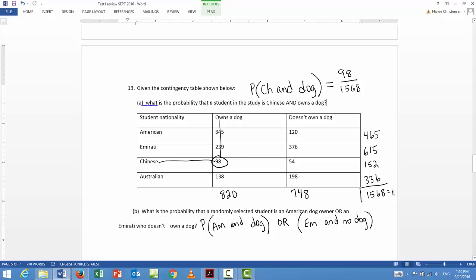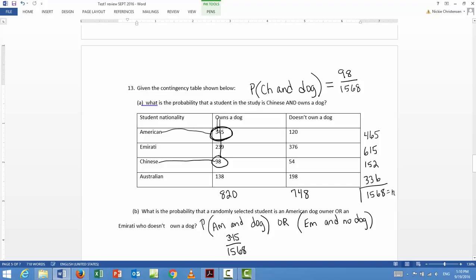So the probability of American and dog owner. Here's American, owns a dog. So that's going to be our numerator, 345. And then our denominator is the sample space,